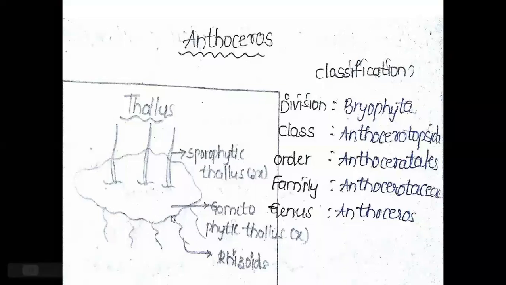On the lower part of the Anthoceros thallus, rhizoids are present. The gametophytic thallus is dorsiventral, and the dorsal side is completely green in color. It participates in photosynthesis. On this gametophytic thallus, gemma cups are also present. They participate in vegetative reproduction. On this gametophytic thallus, horn-like structures are present. Those horn-like structures are called the sporophyte. The sporophyte is completely parasitic on the gametophytic thallus, not on separate male and female gametophytic thalli.